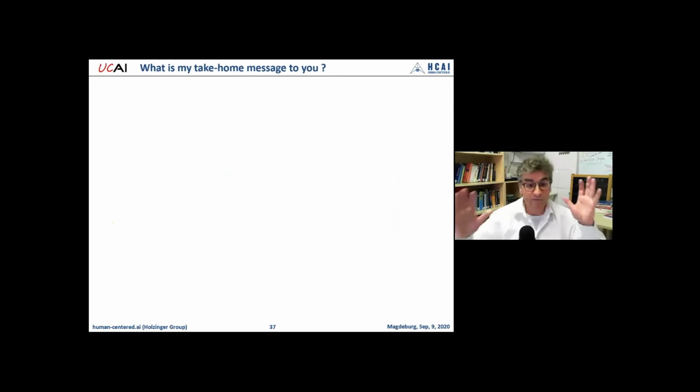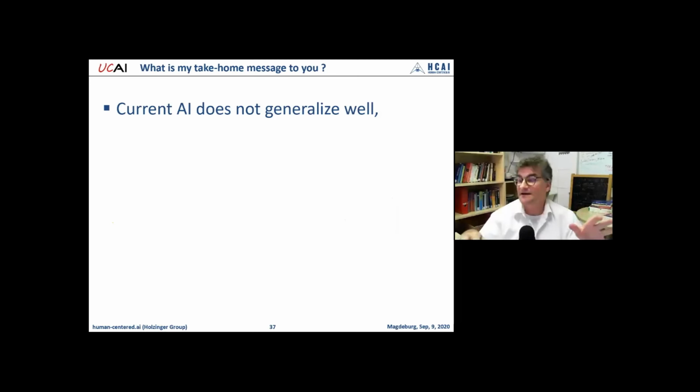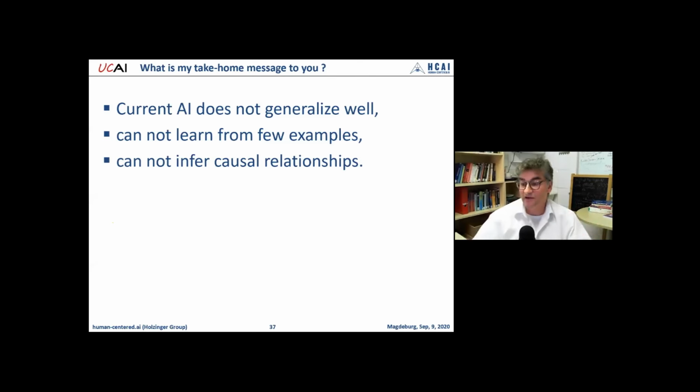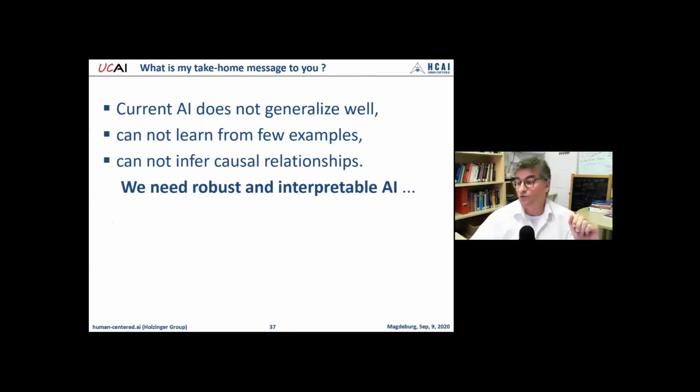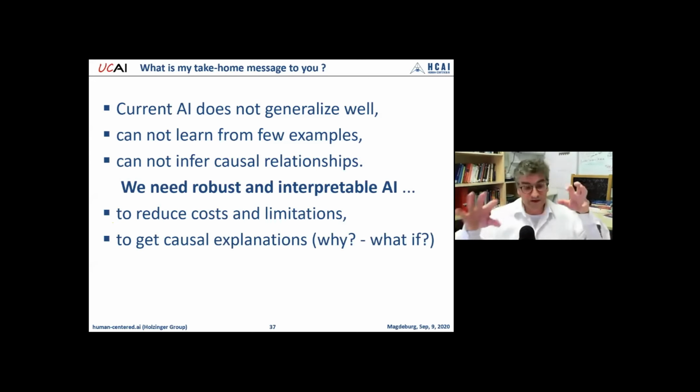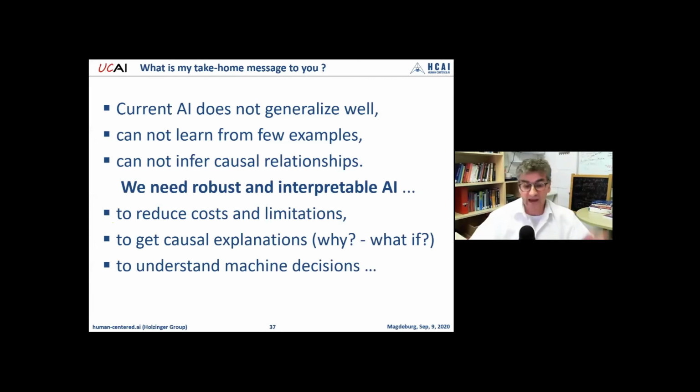And what is now my final take-home message for you? We have learned current AI does not generalize well. We know that. We cannot learn from few examples. We cannot infer causal relationships. So we need robust and interpretable AI to reduce computational costs and limitations. We want to get causal explanations, and the counterfactuals. What if the cells are slightly bigger? And this should help us to ensure transparency and understandability, and this is the aim of science per se,